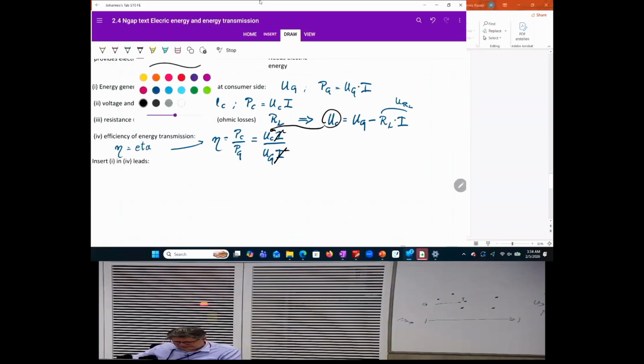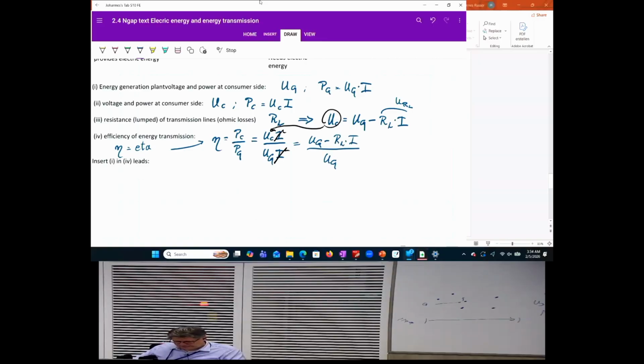Then we obtain (UG minus RL times I) over UG. And now we can say that eta is 1 minus RL times I over